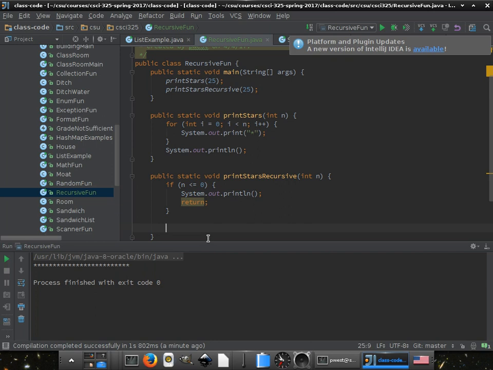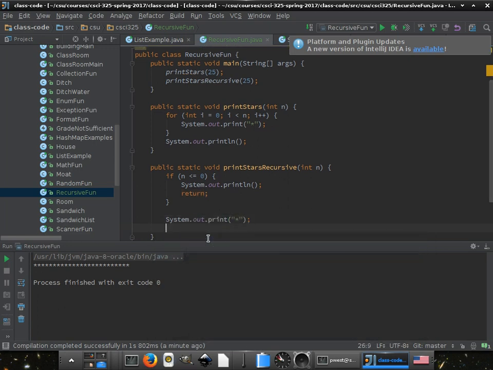Print it out many times. Or call the... What is the basic step here? Printing a star. So let's just print a star. All right, so we can print a star. Then what do we do? If we print a star, how much work did we just complete? One step. So how many more steps do we need to do? n minus 1. So how do we do that?